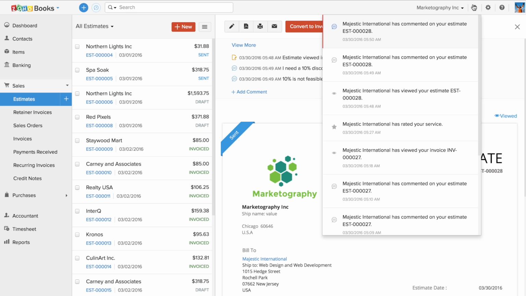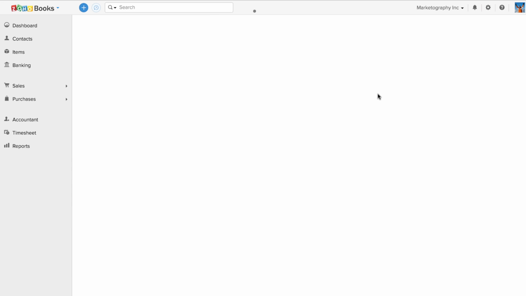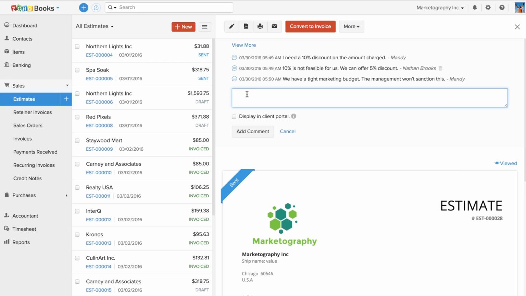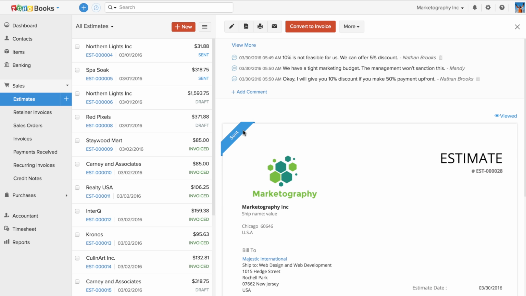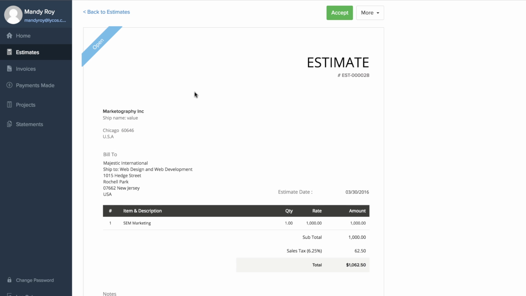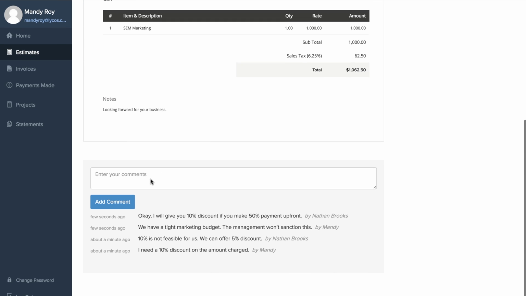Again, you'll be notified within your Zoho Books account and you'll be able to see the conversation. It says that we have a tight marketing budget and the management won't sanction it. So finally you have to give in and you say, okay, I'll give you 10% discount, but you have to make 50% payment upfront. Once the comment has been added, again the customer will be able to view it within the client portal, and